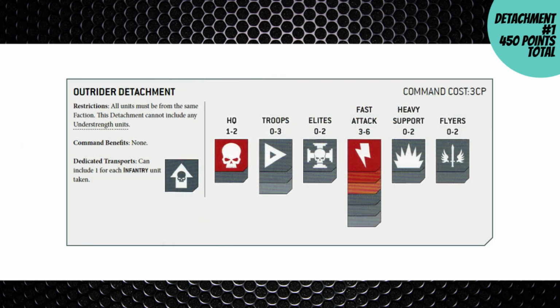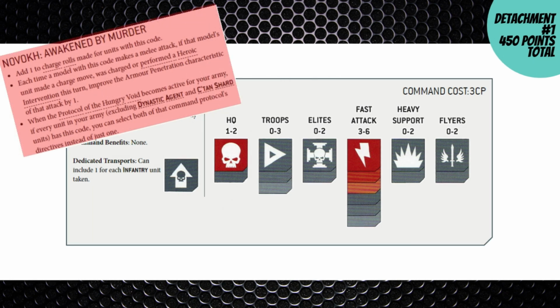As for the next attachment, it's an Outrider attachment, so that's going to cost you 3 command points to field, and it only requires a single HQ along with a minimum of 3 fast attack units. Now you're likely going to be fielding between 4 and 6 fast attack units, which is the whole point of fielding this detachment. So this detachment is actually going to be coming from the Novak dynasty, so it's going to be a +1 to the charge roll, and in the first round of combat they're going to get an extra -1